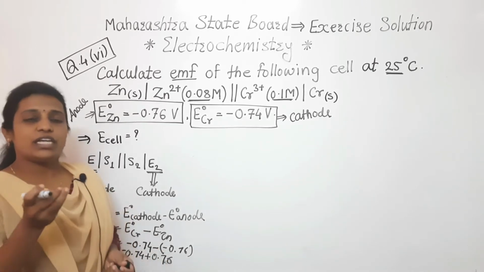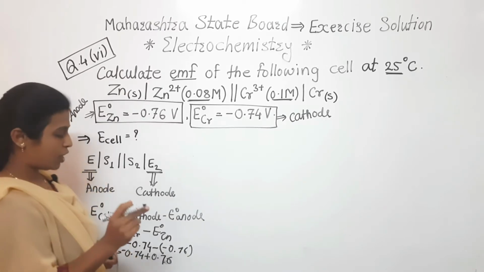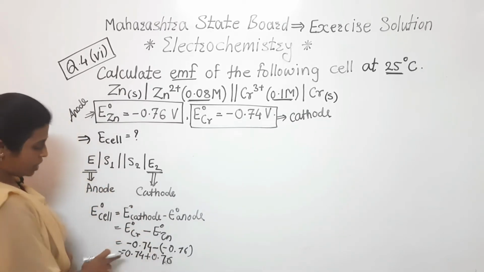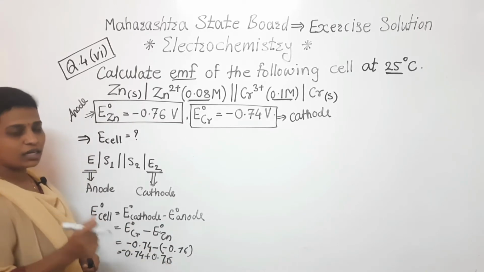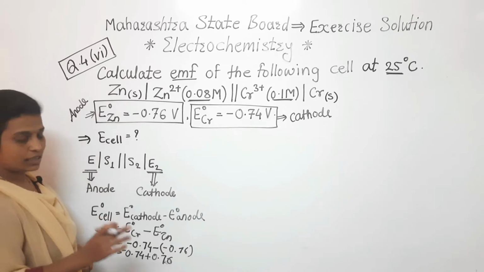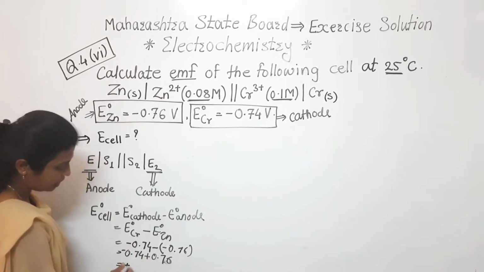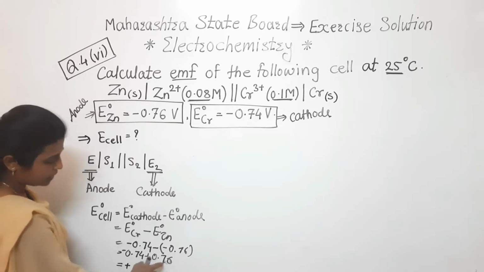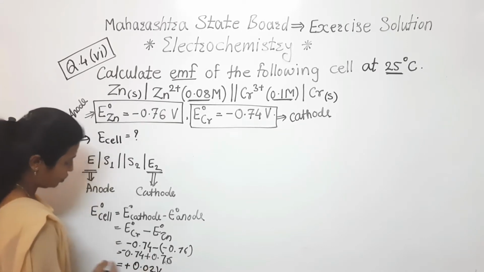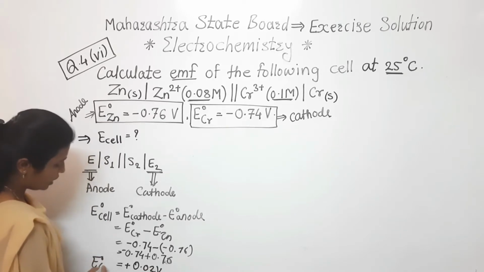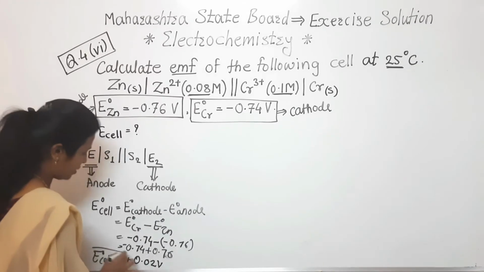Now here we can observe one value having the negative sign and one value having the positive sign. So simply here subtraction will be there, and whatever answer we are getting, for that we have to give the bigger value's sign. 0.74 and 0.76, which one is bigger? 0.76, and it carries a positive sign, so the final answer will carry a positive sign. And what will be the answer? That will be 0.02 volt, and this is the answer of E naught cell. ठीक है, ये तो हो गया अपना एक काम.